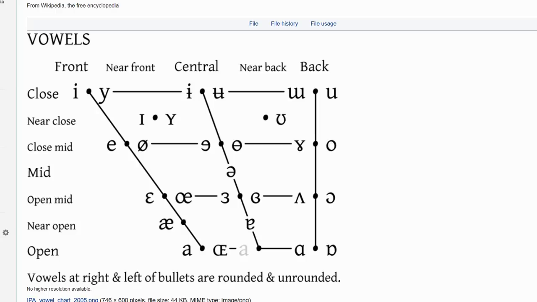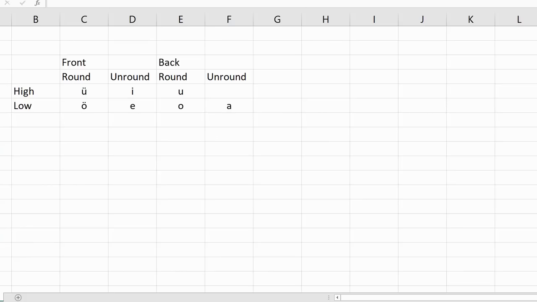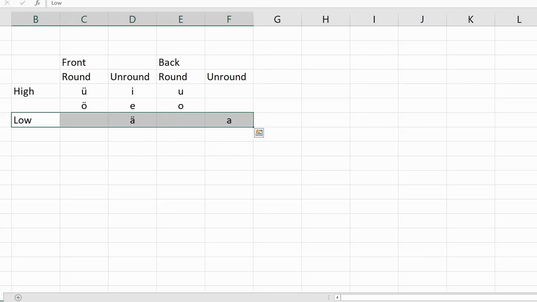In fact, speaking of the A sound, that reminds me, that is another option. We could do what they do in Finnish and have a distinction between R and A, which, let me rough that in. So if I were to add those in, then how does that affect things? Well, that would mean that, what's the rounded version of A? If the low vowels don't exhibit rounding harmony, then they wouldn't need a rounded pair, so we could leave those as just unrounded. And then for the O, the unrounded version of that would be the